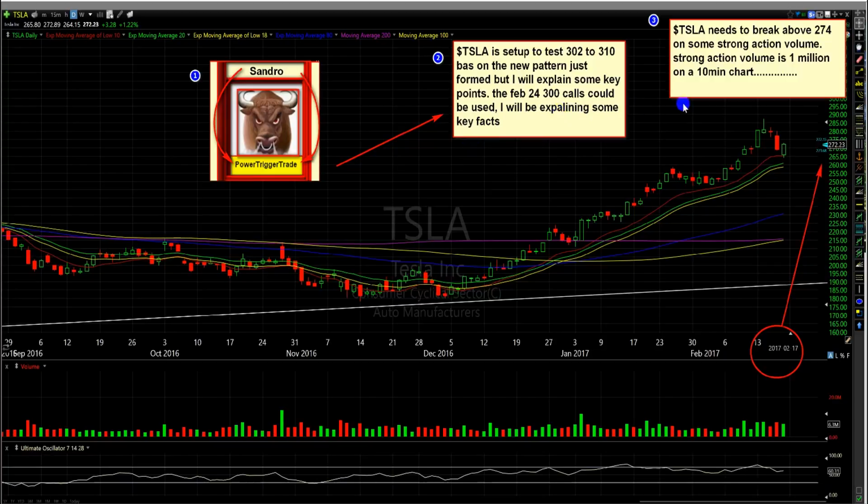But anyways, people, what we want to look for here is we want volume and power, right? So we want Tesla to break above 274 with some strong volume. Strong volume is 1 million on a 10-minute chart, right? Now, if we're not getting that volume on a break of 274, we probably want to watch for a bases of 274 and look for power towards